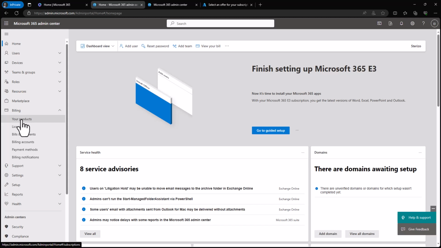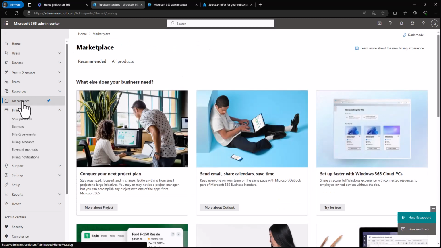Before now, this tenant has actually been migrated. Before now, the first thing you would see when you click on billing is what we call purchase services, but purchase services has actually been replaced with this tab here called marketplace. Some tenants are still having purchase services, while some tenants have actually been migrated to the marketplace. So it's basically the same thing that you do when you want to purchase